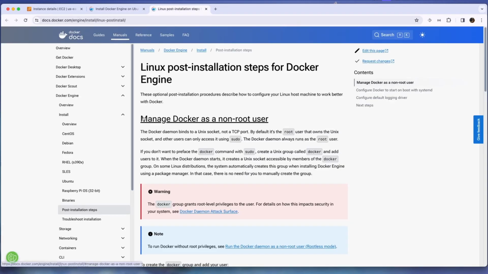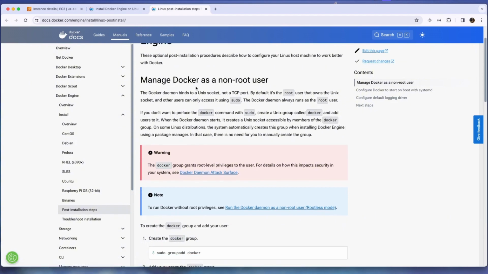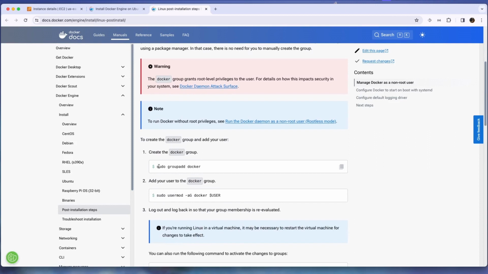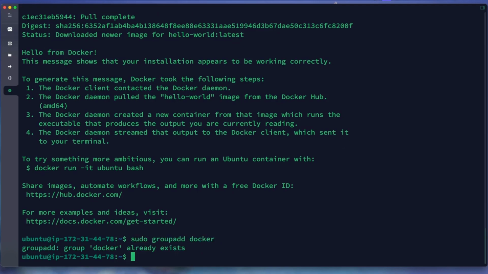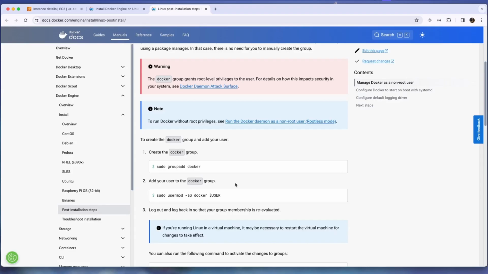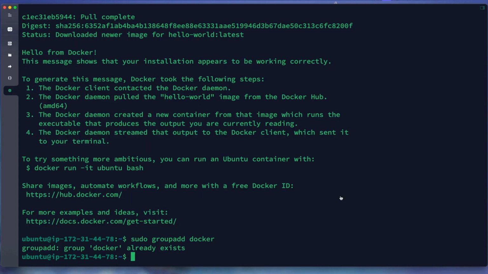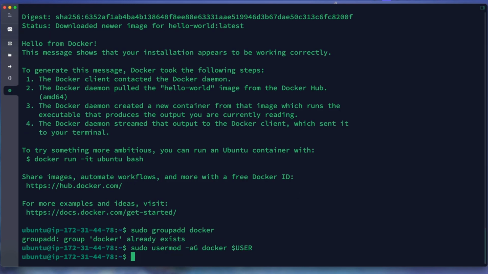Right here, manage Docker as a non-root user, so we will create a group called docker. It already exists. Okay, we add our current user, so we add this user ubuntu to the docker group.